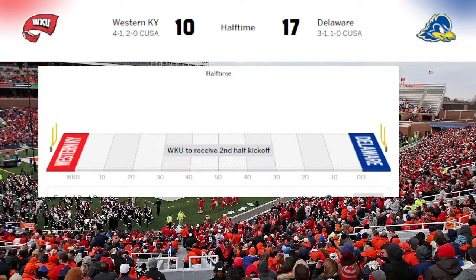The Hens would be held by Western Kentucky. Nate Reed would knock through a 23-yard field goal. Delaware back up 7, 10-3. 14 plays, 69 yards, 6:52 taken off the clock, 7:55 left. Delaware back up a touchdown, but we're back and forth in this one, and Western Kentucky taking back over